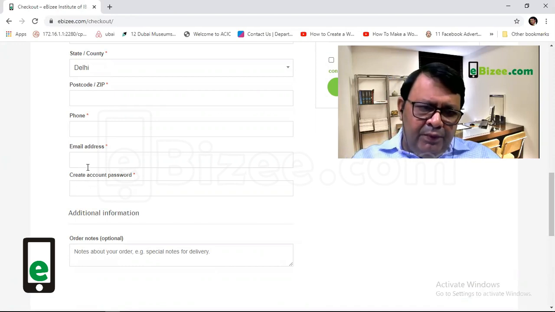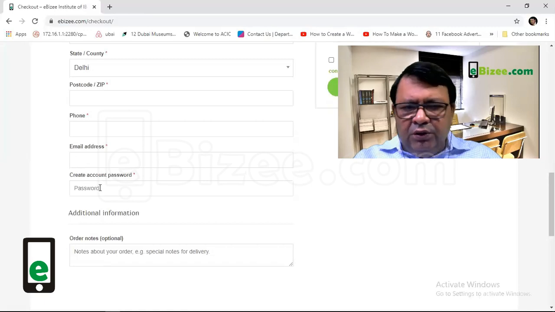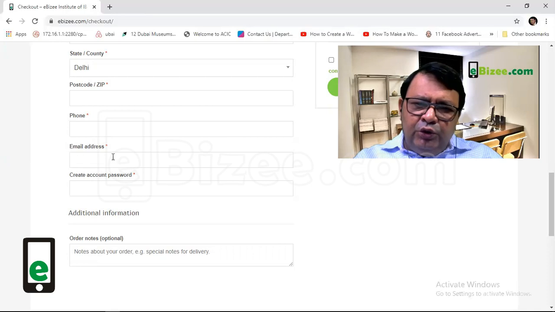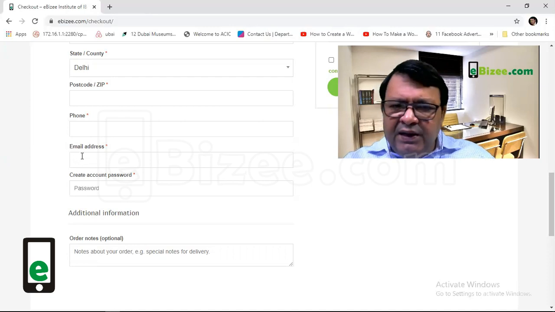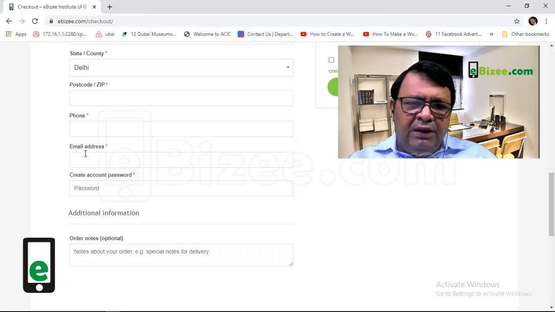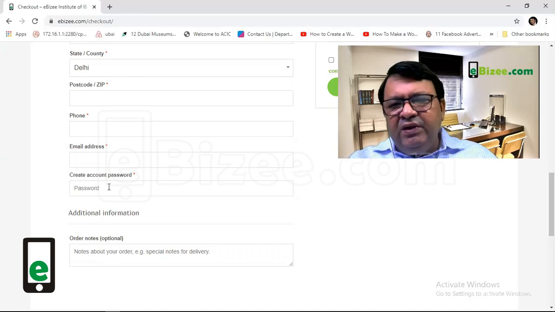here. So what will happen is that your email ID and your password will be your login details. In addition to this email ID, one user ID will be sent to your email also. You can either use your email ID as a user ID, or you can use the user ID sent to you by email. So this is a very, very important step.